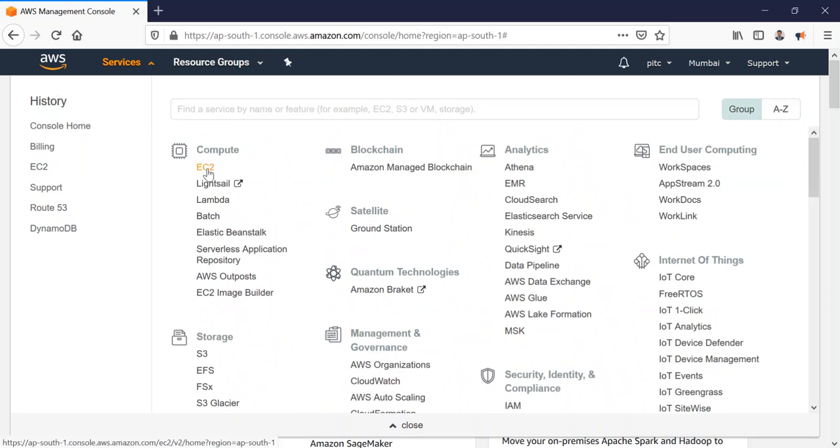Now I just want to go for the EC2 machine. I want to create a machine. EC2 stands for Elastic Compute Cloud, that's why it is known as EC2. We can say EC2 machine or instance, both are the same thing. Now, when I click here,